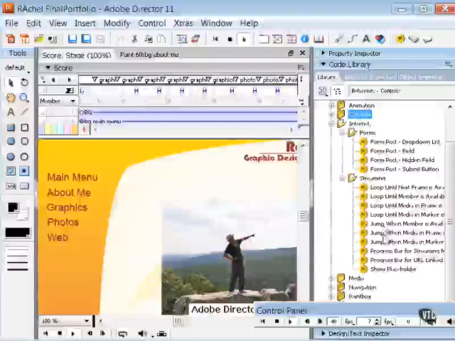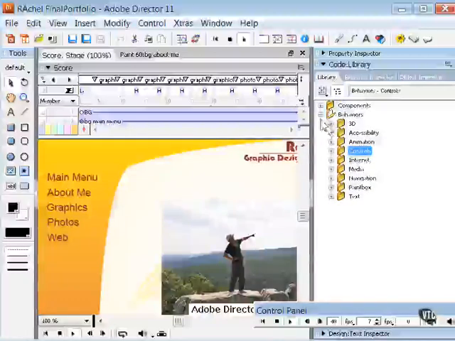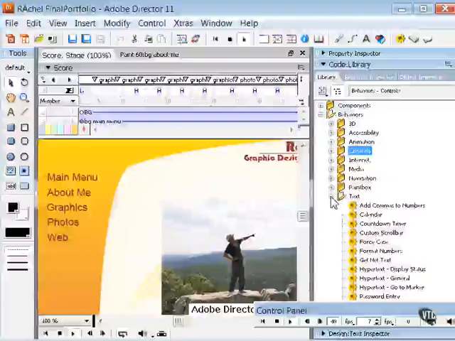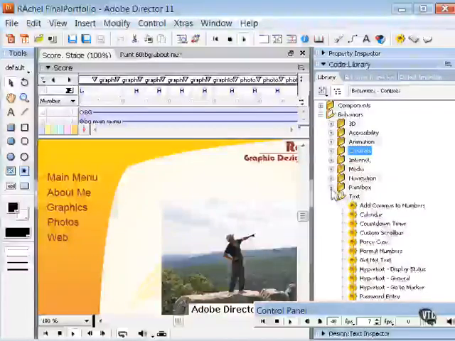Another very useful behavior here is progress bar for streaming movies. So this will set up a progress bar that will indicate to your visitors how much longer they have to wait before they can start viewing that streaming media. So there you have a brief survey of some of my favorite behaviors, but there are quite a number of additional behaviors that you'll want to experiment with, including a bunch of behaviors here in the text category as well as the paint box category,